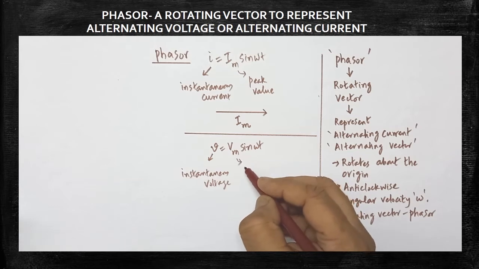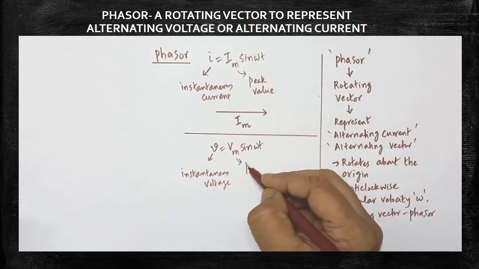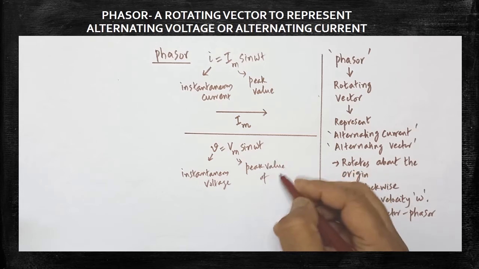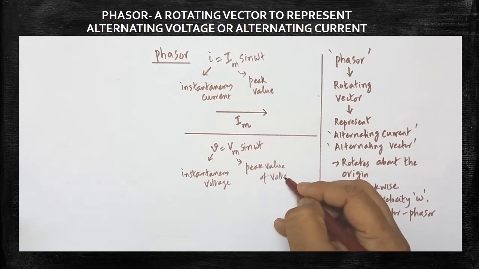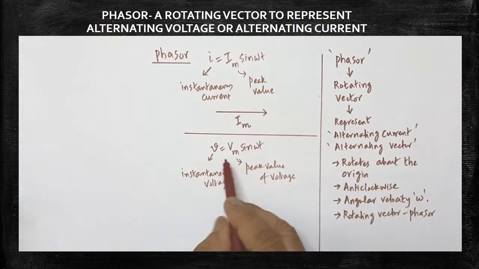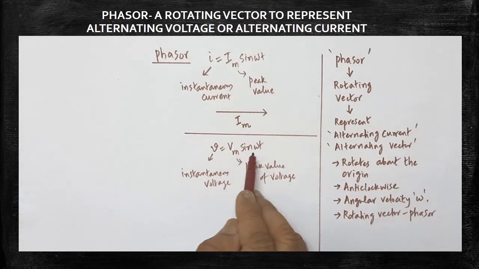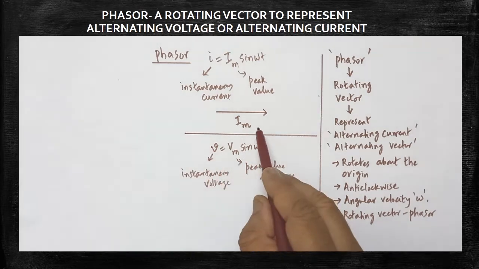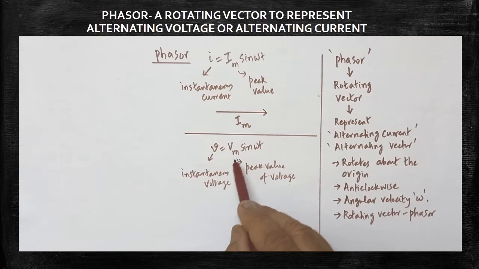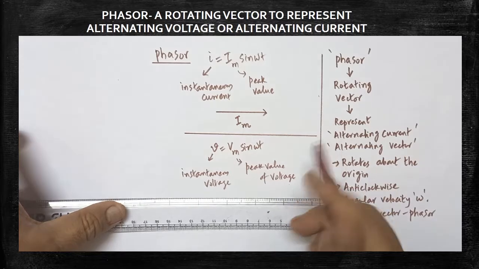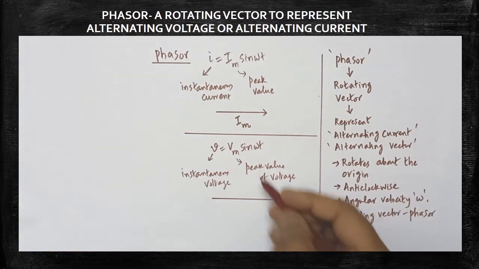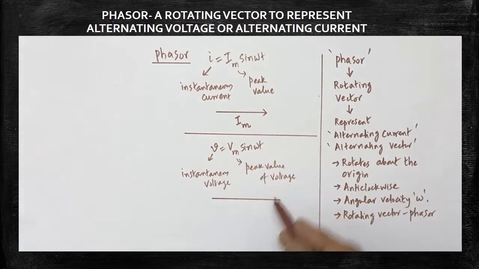Here Vm is called the peak value of voltage in the circuit. Are you clear? So this is the equation that represents the instantaneous voltage in the case of AC. While drawing the phasor diagram for voltage, which one must be taken as the line segment? Now I will draw the line segment for the rotating vector. Note that Im and Vm need not be the same.